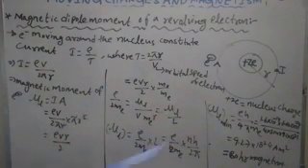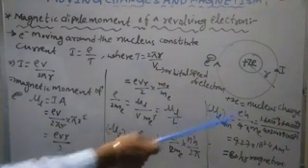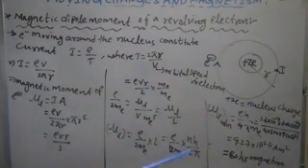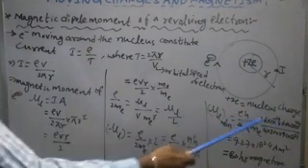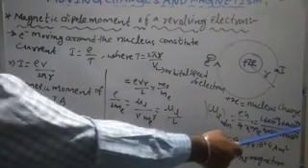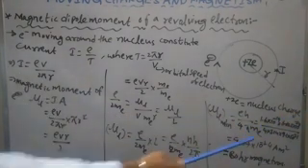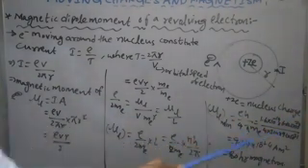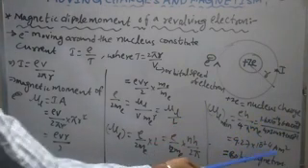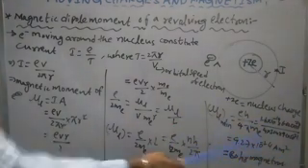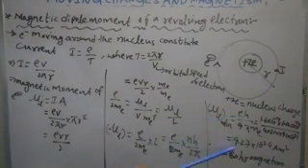How to calculate the Bohr magneton? The minimum magnetic dipole moment of the revolving electron is eh by 4 pi Me. What is the value of e, the charge of the electron? 1.6 × 10^-19, multiplied by Planck's constant, 6.62 × 10^-34 joule second, divided by 4 times pi, which is 3.14, times the mass of the electron, 9.1 × 10^-31 kg. Simplifying, you will get 9.27 × 10^-24 ampere meter square. This should be noted. This is the Bohr magneton value: 9.27 × 10^-24 ampere meter square.